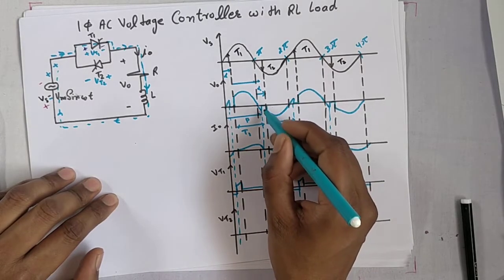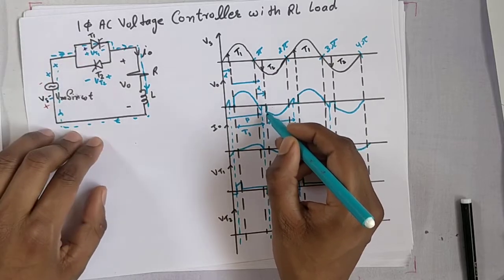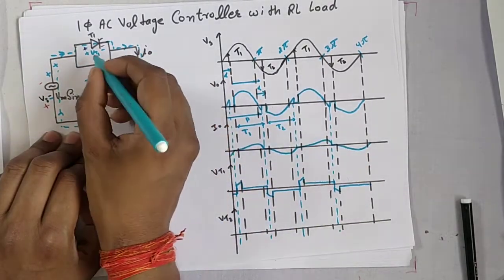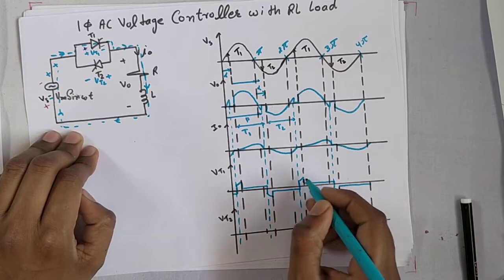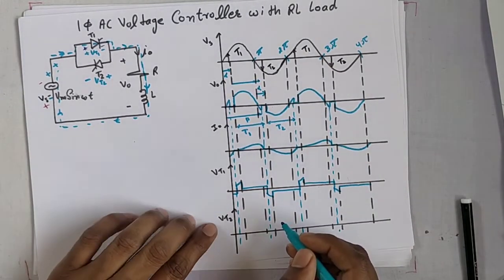Now for the negative cycle, when the voltage becomes negative, this negative voltage will appear, and for the positive cycle, this positive voltage will appear again. Similarly, for VT2,